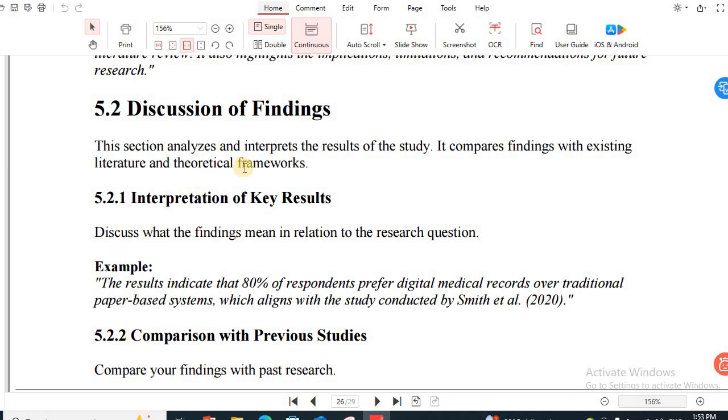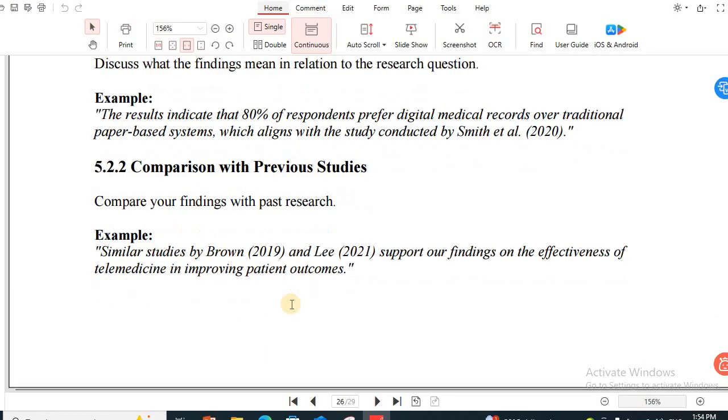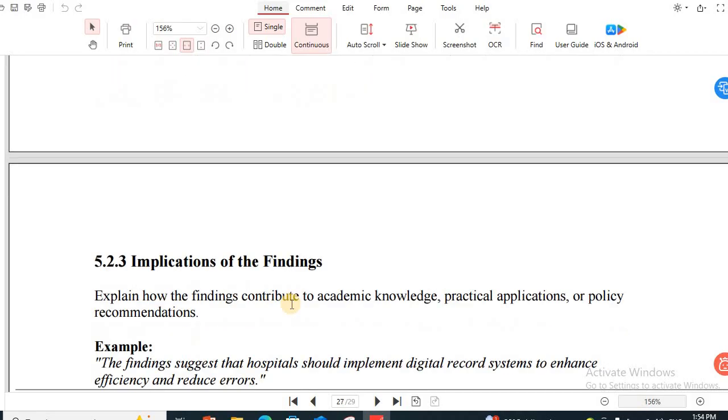5.2.2, we're still talking about discussion of findings. Comparison with previous studies. Compare your findings with past research. Example, here is a very real living example of this. 5.2.3, Implications of the findings. Explain how the findings contribute to academic knowledge, practical application, or policy recommendation, and here is a living example of